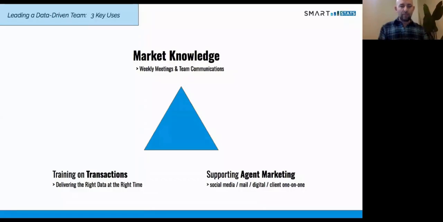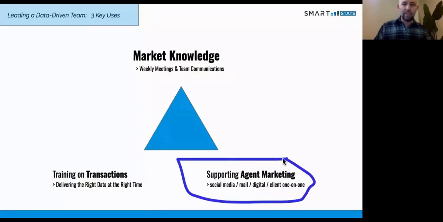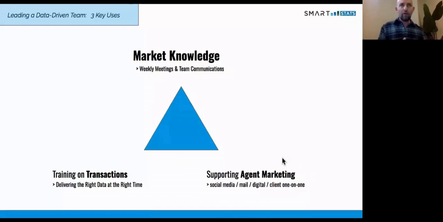And then the third thing is down here on the bottom. This really comes down to growing your business, helping your agents grow their businesses, and delivering them some best practices about how they can plug smart market information into that. That could be anything from having content that's fresh for social media, maybe having some interesting tidbits to put into their mailers, or just things that they can pop into a text message to maybe revitalize clients in their book of business or sphere of influence. And so we'll talk about that.